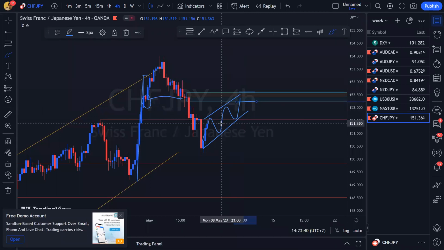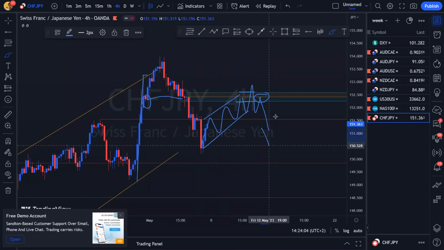The confirmation is a structure that corrects or terminates, whether it's a descending structure, it can be an ascending structure. It can end up being some sort of a head and shoulders structure. But does it terminate inside of where I want to trade? That is going to be the defining factor. I want some sort of a structure that terminates inside of where I want to be making decisions. And that's going to be obviously my indication to make that sell decision.